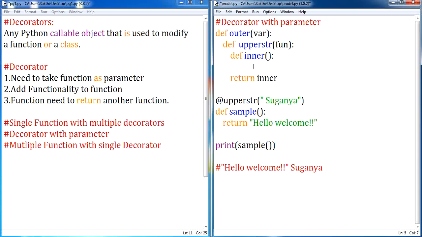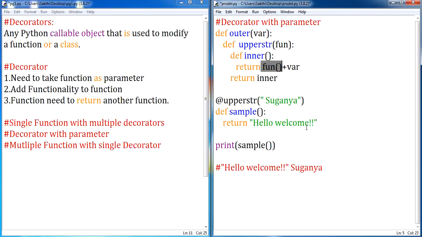So what is our condition? I want this data to be printed along with the parameter value of the decorator. If you want this particular data, I will be accessing it by using fun. So let me give return fun. Here I want this particular fun function to be invoked. So the fun function, with concatenation of the data, whatever you are using as a parameter. Clear? The function will be invoked.